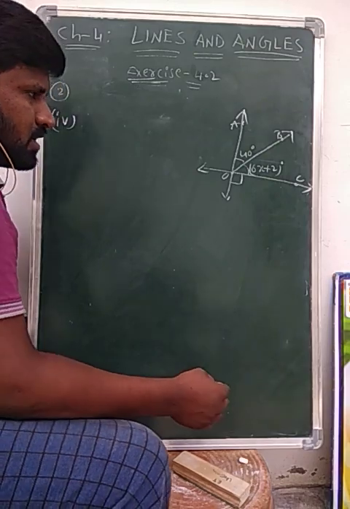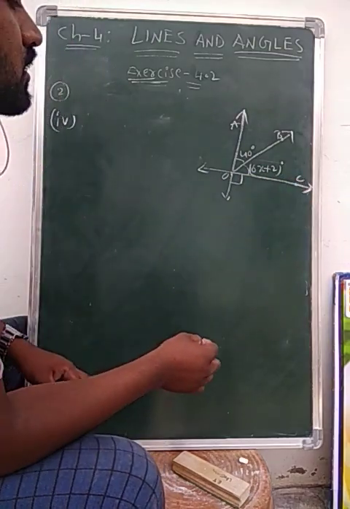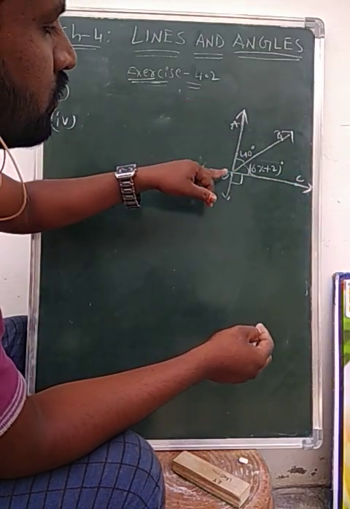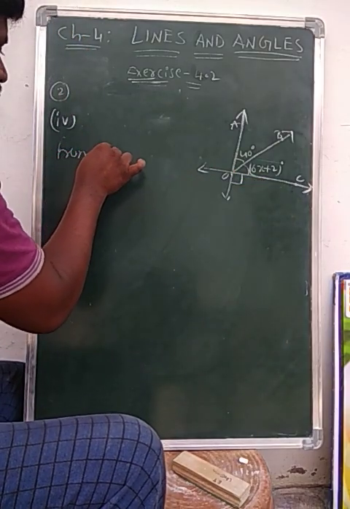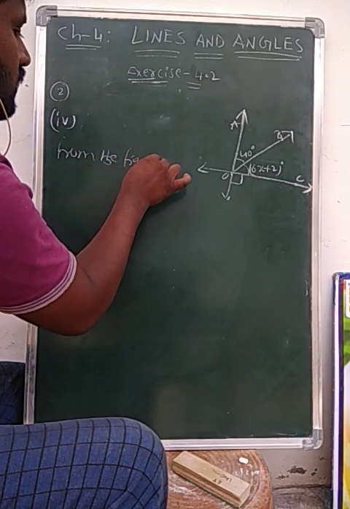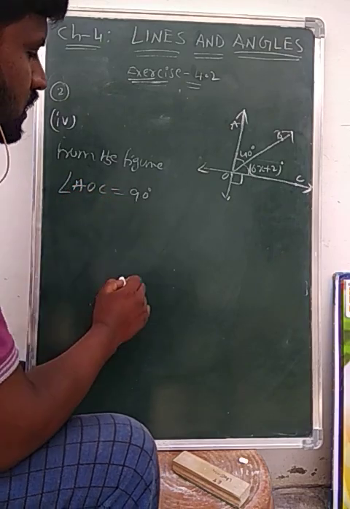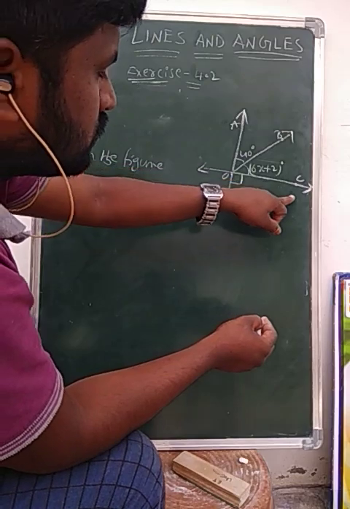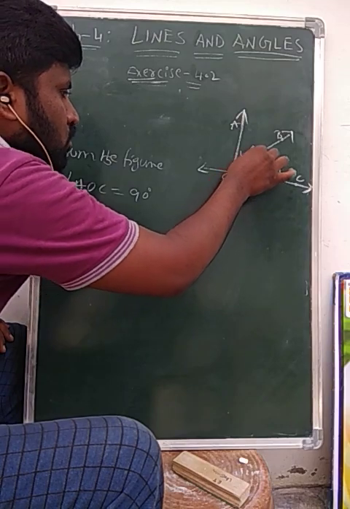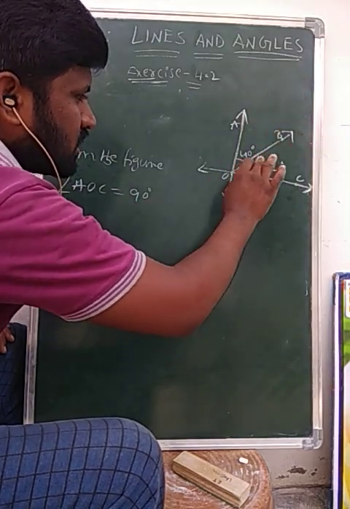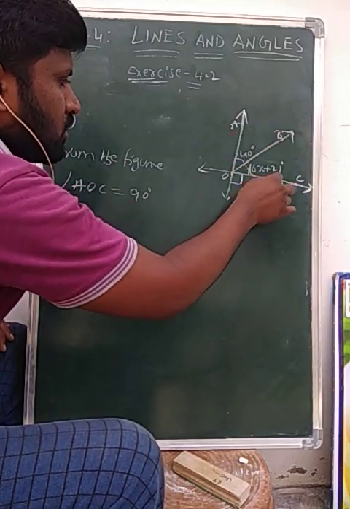Okay, so see clearly by observing the figure. What angle is formed here? That is 90 degrees. So now angle AOC, that is what? 90 degrees. You can write from the figure angle AOC measures 90 degrees. See, this is the bisector. Sorry, not a bisector, because a bisector divides exactly into halves, but here an angle ray divides the particular angle into 2 parts.